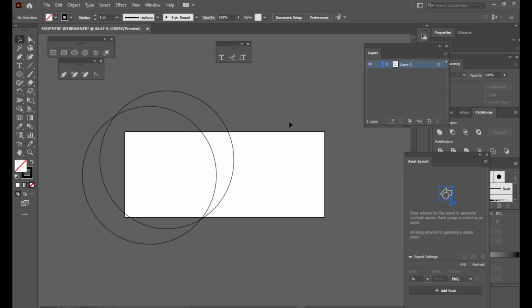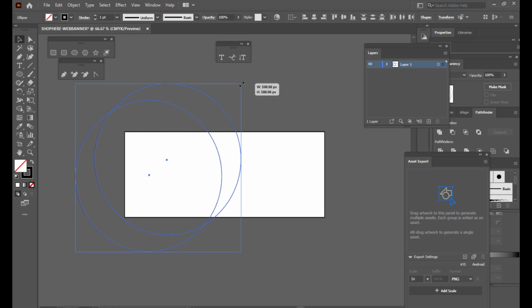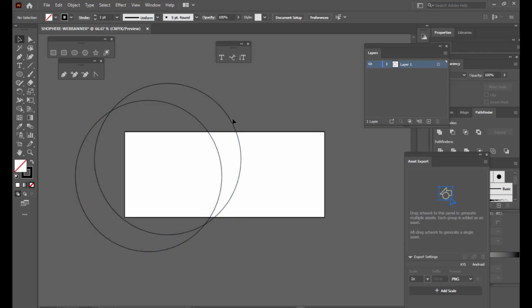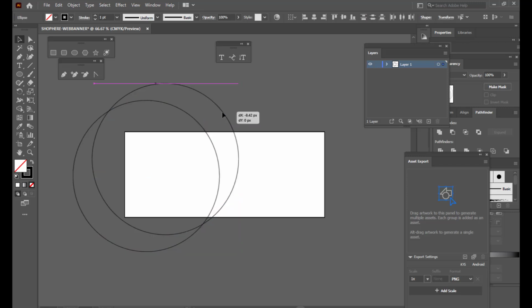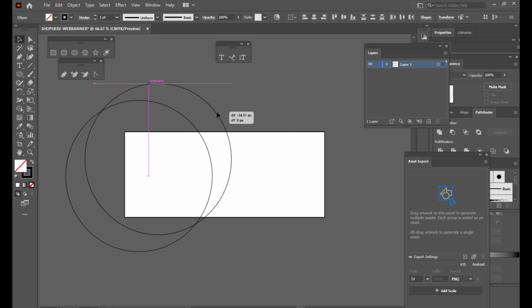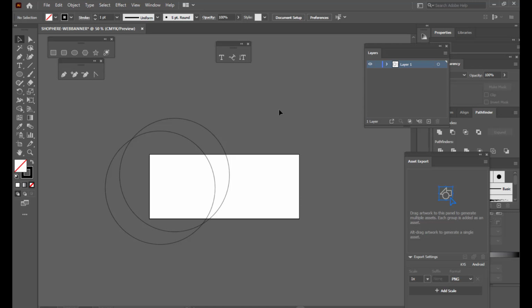Right. So once we have arranged the ellipses properly, we can actually scale them a little bit. The next thing we are supposed to do is use Shape Builder to create sections.